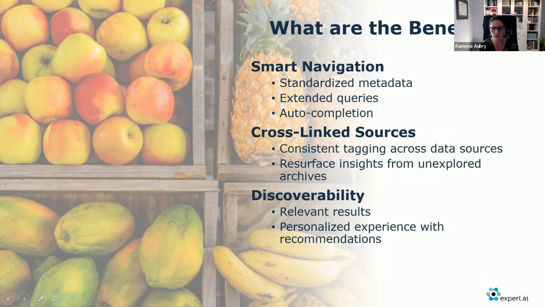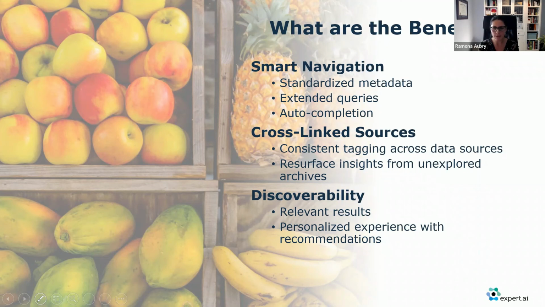So this also allows you, for instance, to look at other benefits that you can have around sources that maybe sit in the same system but are not connected. We talked about the challenge of silos that we have sometimes also in multiple languages. So if we have a system that relies on a taxonomy that allows you to link different content silos, you have a consistent search, and that also affects the end user experience. And also for some organizations that we're working with, this cross-linking of sources gives them also the opportunity to repurpose some of the archives that they have never used or they have used very little.